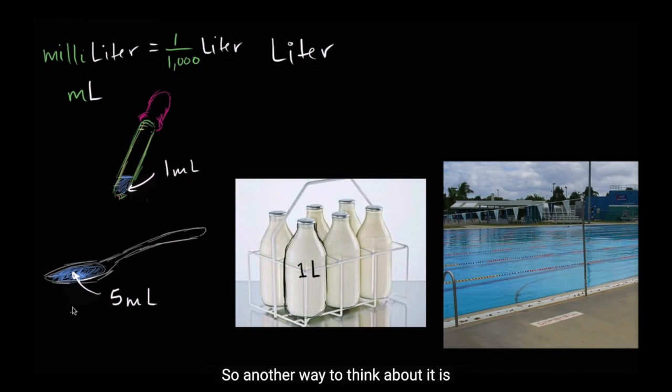milliliters. So another way to think about it is you would have to take 1,000 of these drops to fill one of these bottles of milk. 1,000 milliliters to get to 1 liter. Or you'd have to do 200 teaspoons of, say, milk to fill up this entire thing, because each of them is 5 milliliters. 200 times 5 milliliters, you're going to have 1,000 milliliters, which is 1 liter. Let me write this down. This right over here, this is 1 liter, which is the same thing as 1,000